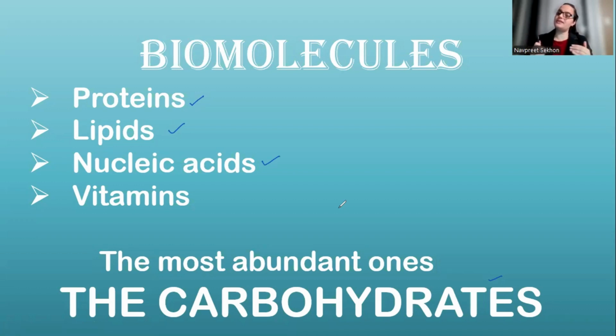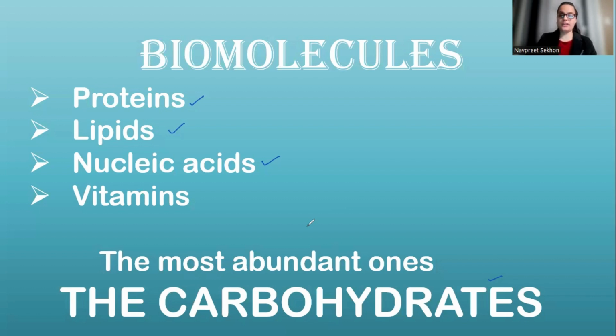So now it is like a box within a box kind of situation. The basic unit of life is the cell. The basis of that cell is biomolecules. Now the basis of these biomolecules is their smaller subunits. So all of them are equally important: proteins, nucleic acids, vitamins, and carbohydrates. Everything is really important for our survival. But because the most abundant ones are the carbohydrates, we are going to start the discussion with the structure of carbohydrates. Let's start with the very first topic, the carbohydrates.